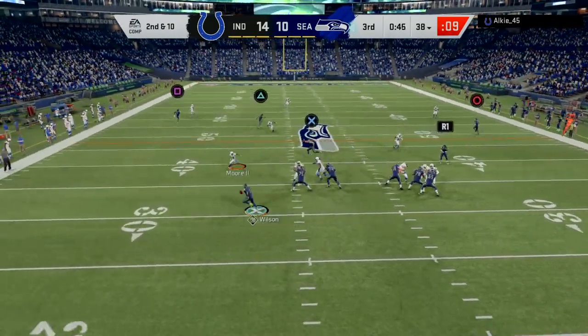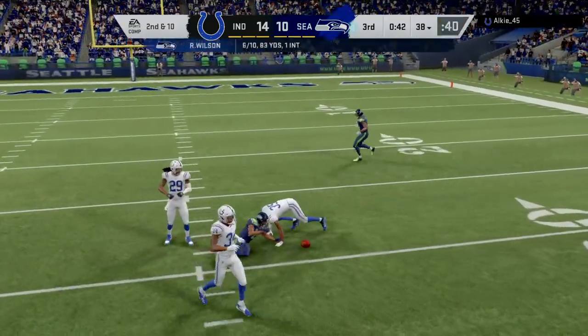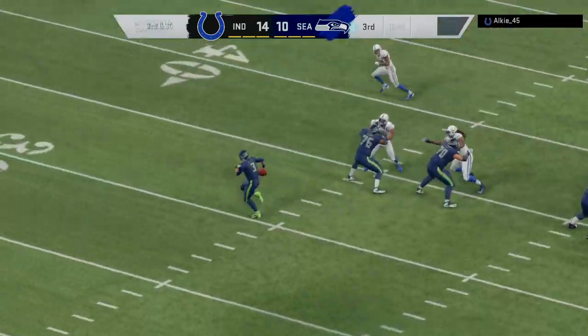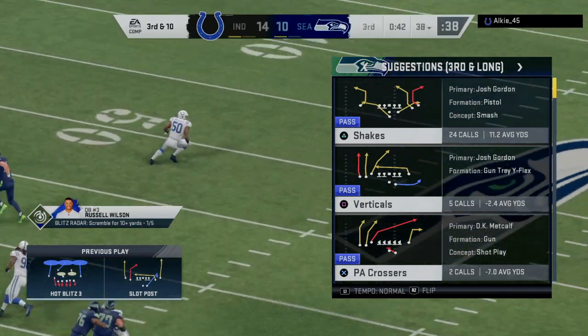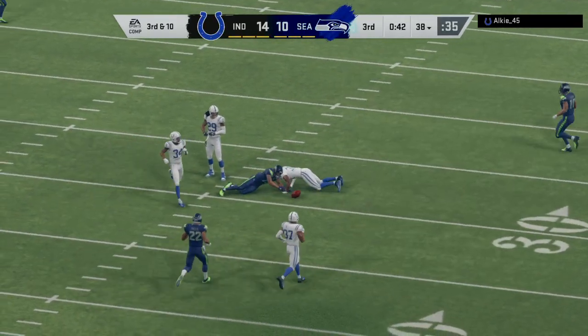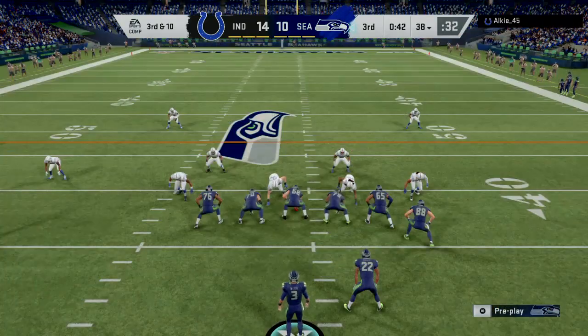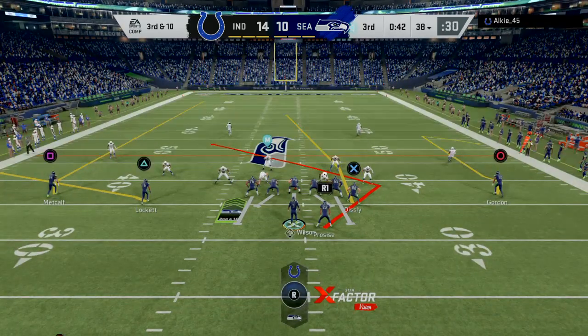Wilson from the gun, he'll throw. Being chased out left, and that will be incomplete. Tried to dial up the long one way out there, but it'll be 3rd down. Credit the secondary and credit the defensive game plan. They've been in his hip pocket all game long. They understood coming in that he was a big-time receiver.